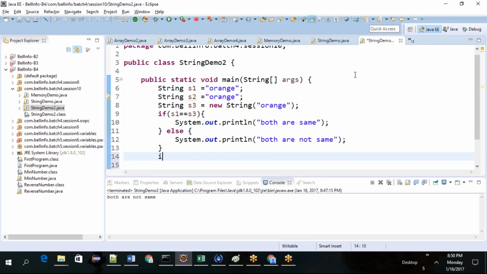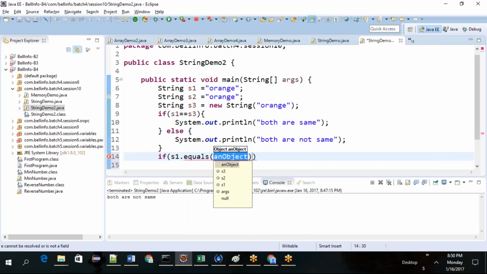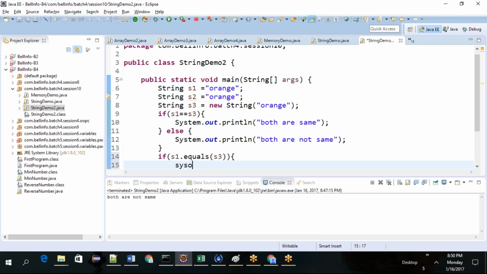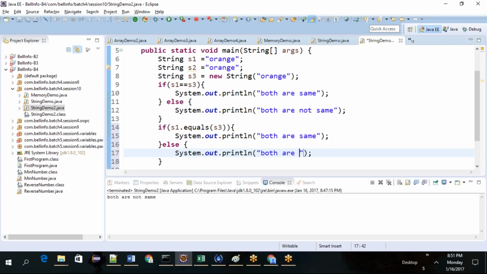That is, if S1 dot equals of S3, SYSOUT both are same, else both are not same.